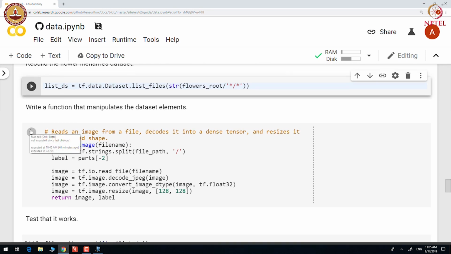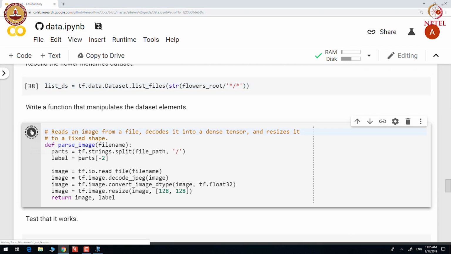We read images from a file, decode it into a dense tensor and resize it to a fixed shape. So, you can see that we first find out the label of the image, we read the image from the file, we decode the JPEG, we convert the image into float, and then we resize the image into a 128 by 128 tensor.